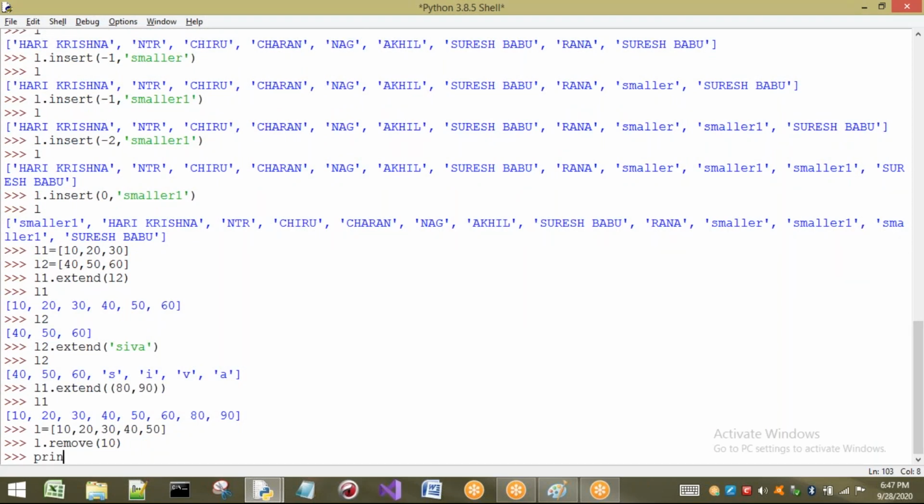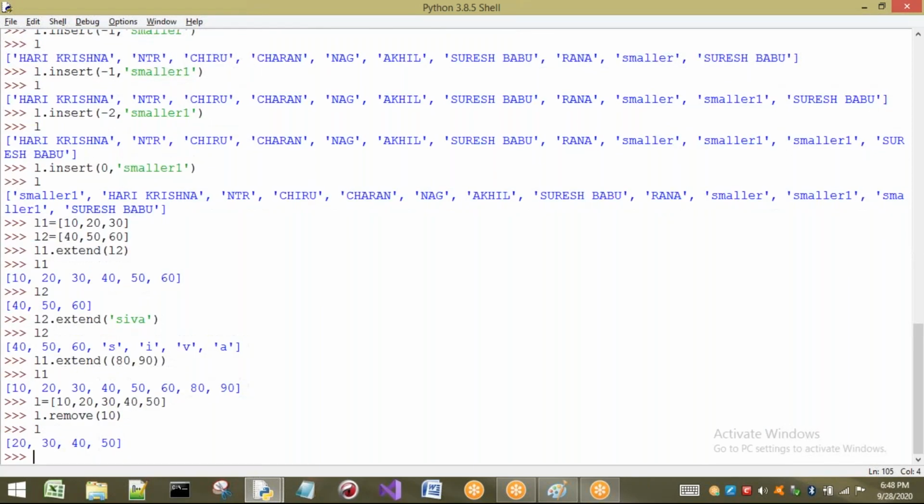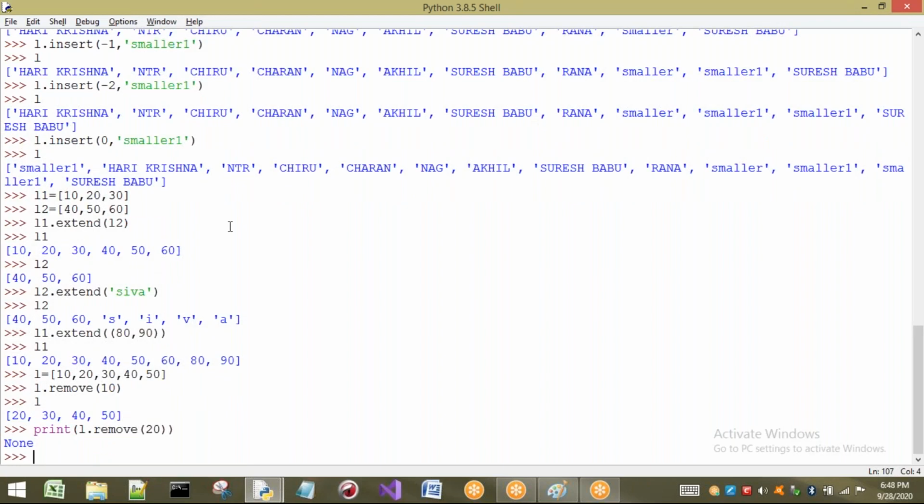Before going to see that, let us see what is present in L. Now I want to remove one more element, 20, and I will print it. If I print it, it is going to return None. So if you want to remove any element from the list, we are going to use a method called remove.